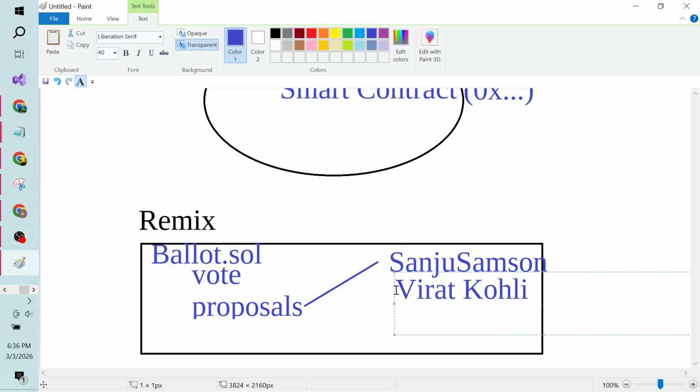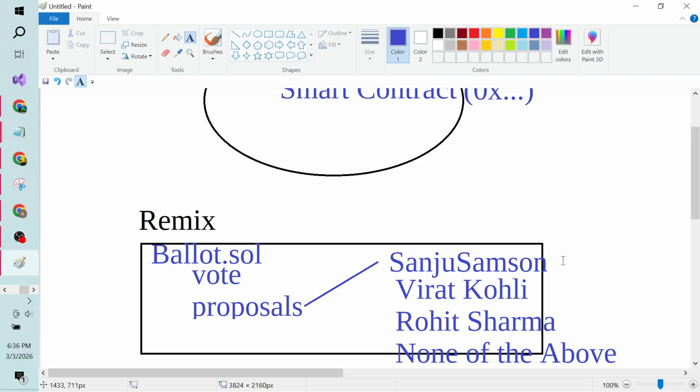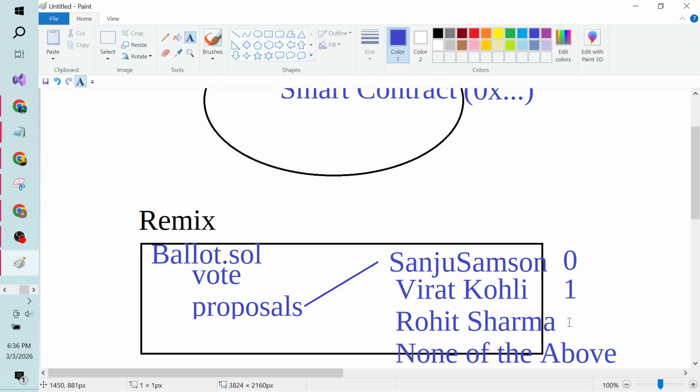Proposal 2, we will have Rohit Sharma. And if you don't want to vote for any of the above, you can select the 4th proposal. So this starts with 0 and goes with 1, 2